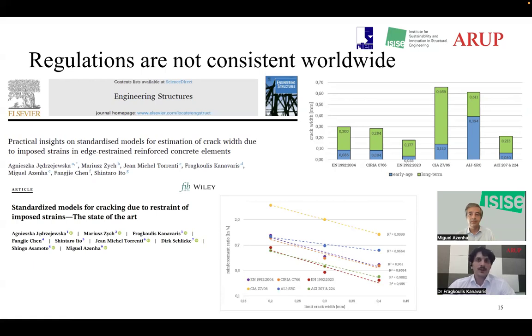This can have a direct effect on the serviceability and durability of the structure, but also on the sustainability of the structure or of the element that we're designing, as the amount of material, in this case reinforcing steel, that is used to control crack width can vary significantly. And if we're not capable of coming to a consensus as to which particular method we should be adopting, we end up with designs across the world with varying embodied carbon and varying materials usage, while the durability and serviceability is not guaranteed.